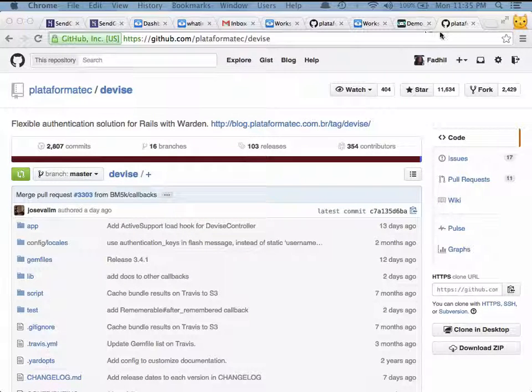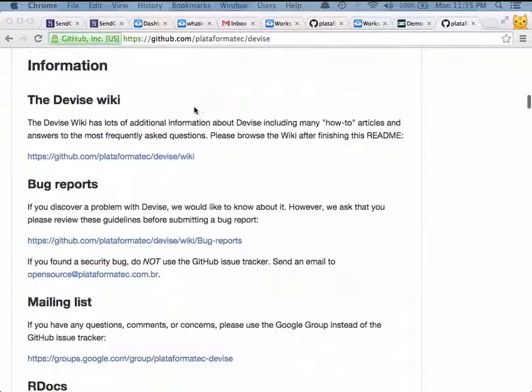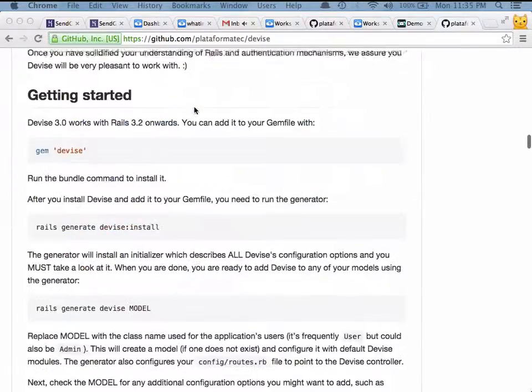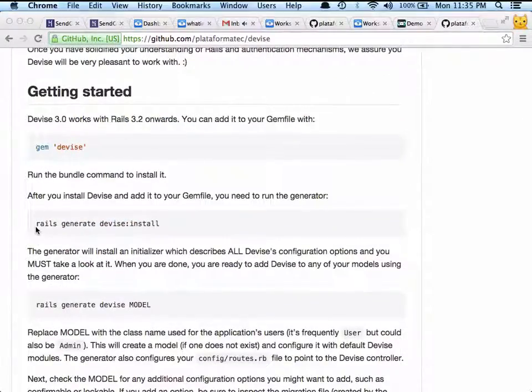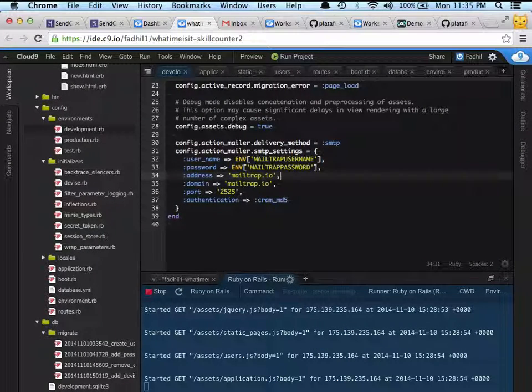So what you want to do for Devise is first go to this Devise page, Plataforma Tech / Devise in GitHub. You will want to run rails generate devise:install, and then you want to do rails generate devise model. But before you do this generate devise model, what you want to make sure is that if you already have